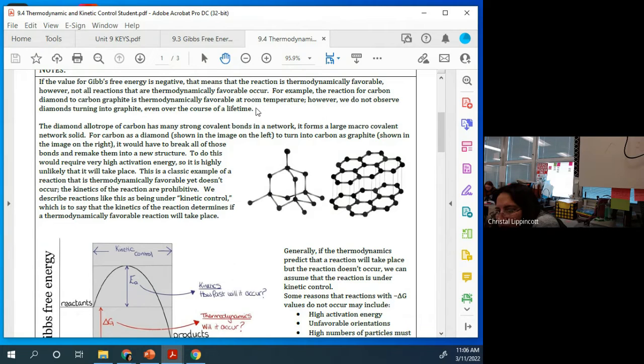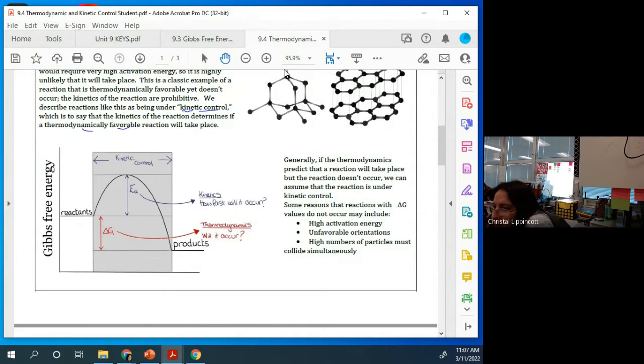So we describe reactions like this as being under kinetic control, which means that the kinetics of the reaction determine if it's thermodynamically favorable and whether it will occur. So generally, if the thermodynamics, your delta G, predicts, so you have a negative delta G, and it predicts that a reaction will take place, but the reaction doesn't happen, we assume that it's under kinetic control. So if you do a calculation and you come up with a negative delta G and they say, but the reaction still doesn't occur, and they ask you why, you should respond, it is under kinetic control. Factors that would influence this would be high activation energies,